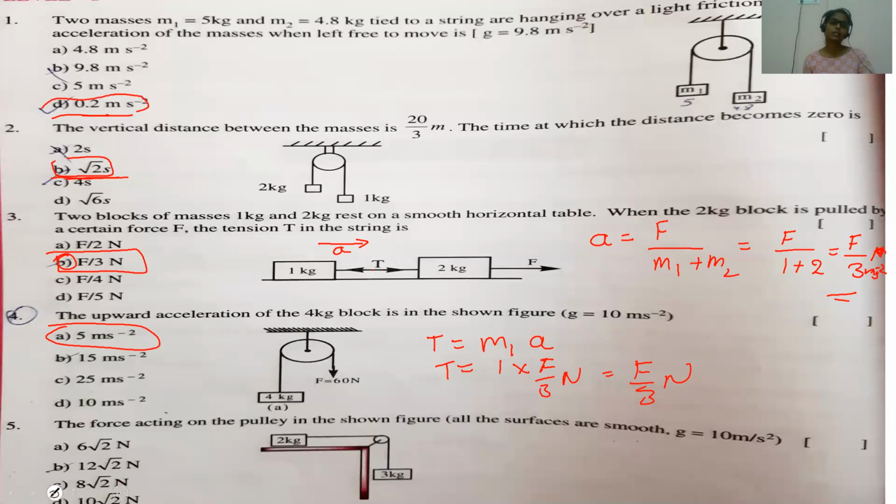Now the last question, the fifth question, I'm going to explain to you. The forces acting on the pulley are shown in the figure. What are the forces acting on the pulley? We need to calculate. Because of block 1, the force acts in this direction. The block is accelerating because of the 3 kg more mass. It is coming down. Now let us take the 2 kg block and 3 kg block. We can remember the formula for the pulley problem.